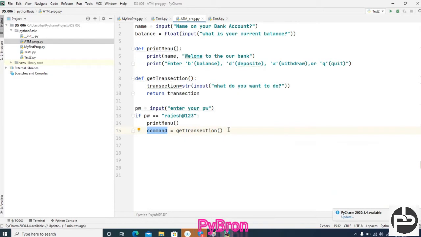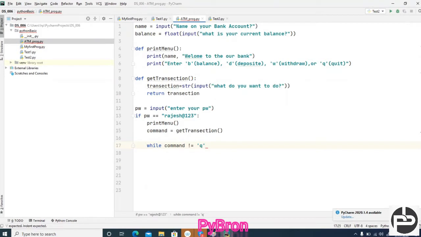Now, just try to understand. Enter password. Then next, while I'm going to execute, while command not equal to q.